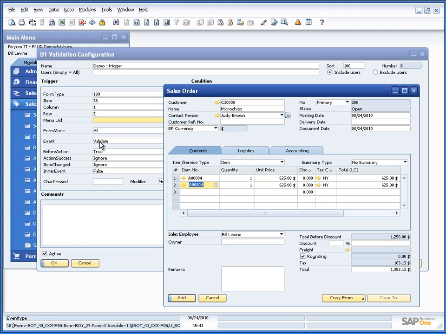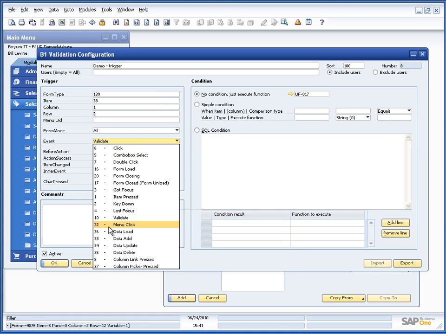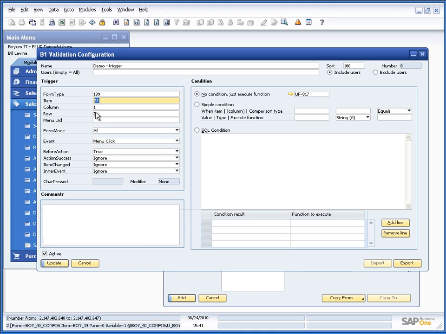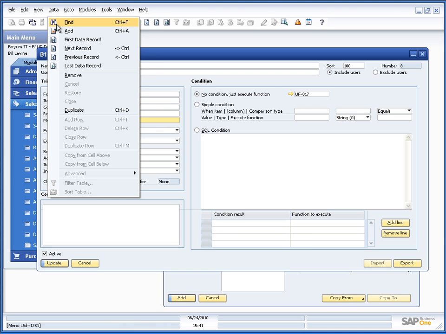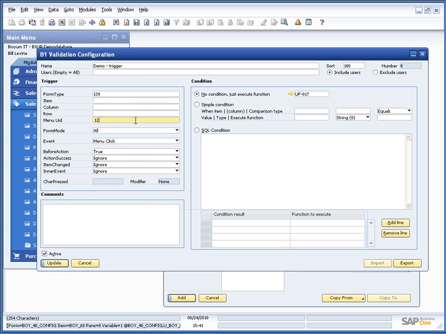In the case it's a menu click, I don't need to use the item, column and row. In fact, they are just ignored in that case, but it could be I needed a specific menu UID. So that could, as I said before, be if I want to make functionality saying that I am not allowed to switch to find mode for some reason. So you can see that is menu item 1281. So if we put in 1281,